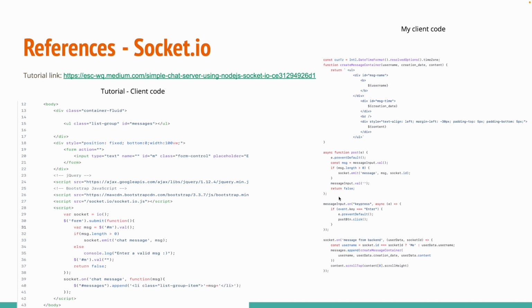Also, we have a function that checks whether the user has pressed the keyboard to post a message as well. And then we have this method here to listen for messages from the backend. Also, we send the socket ID along with the messages, so that when we get a socket ID from the backend, we compare it with our current socket ID. If they're the same, we can replace the username with "me", meaning this is the user's own message. Otherwise, we use userdata.username. We also append a message container, which is a modular way to display new messages on the website for the user to see,